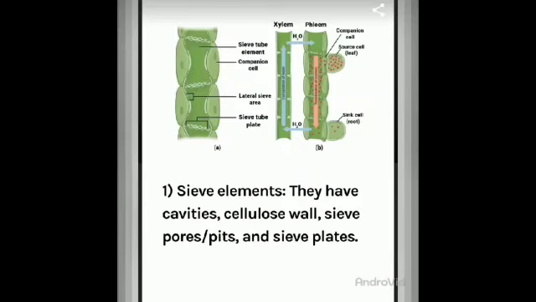One is the sieve element. The first one you can see in the picture. They have cavities, right? And they are made up of cellulose. That means the wall is made up of cellulose, and there are lots of pores present. Those pores are called sieve pores, or we can say pits, or sieve plates. So sieve elements have a cavity, cellulosic wall, sieve pores and sieve plate. It is just like the sieving plate of your kitchen. Your mother, with the help of a sieve plate,